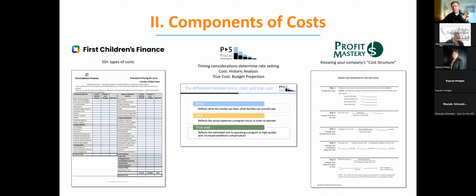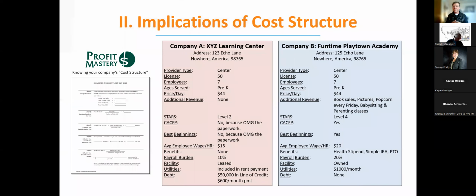And lastly, I mentioned in our last training when I was with you last, a training called Profit Mastery. This is a program that helps understand the concept of cost structure in a business. More in particular, that every company has a different and unique cost structure. So to summarize this page here, it's important to understand all of the costs of doing business, the difference between past and future costs, and the overall concept of a company's individual cost structure. So let's go into this and just illustrate this a little bit, hopefully to nail the point home.